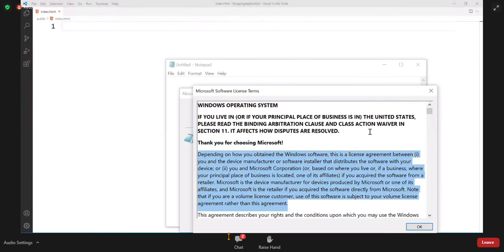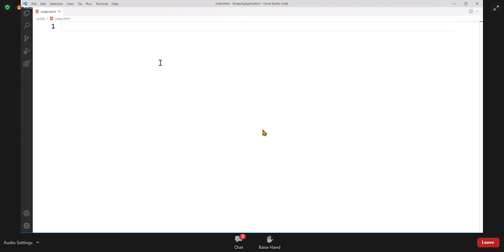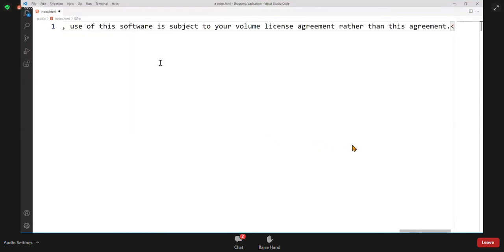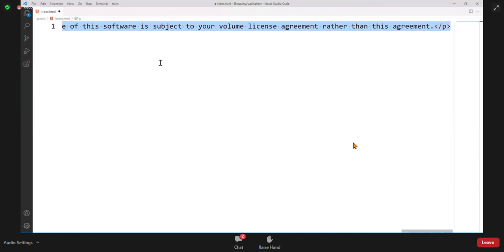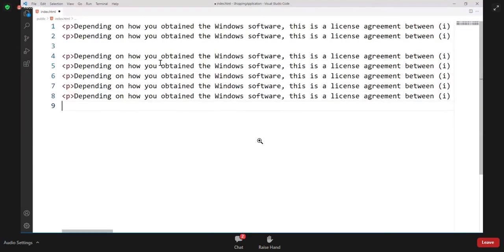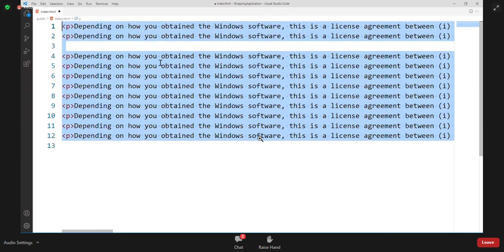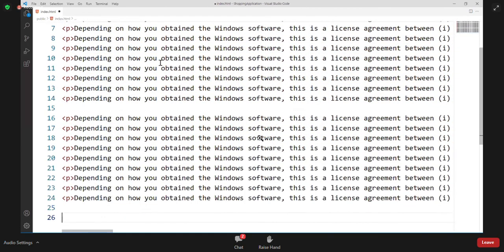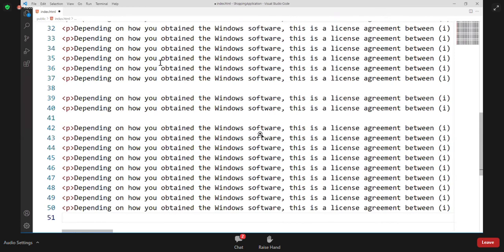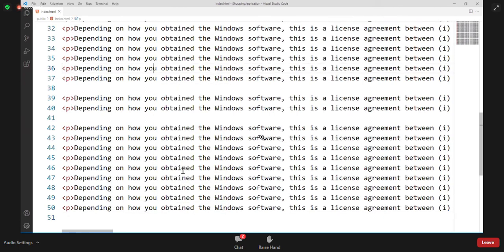Now we have some paragraph information, so I'm adding some paragraphs of information here. So that means a lot of paragraphs of information is present.